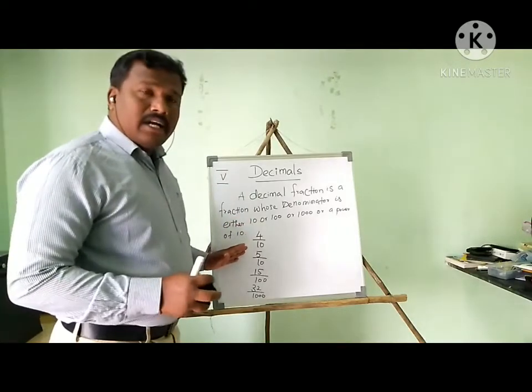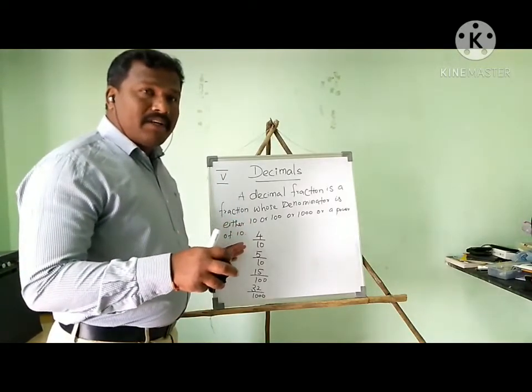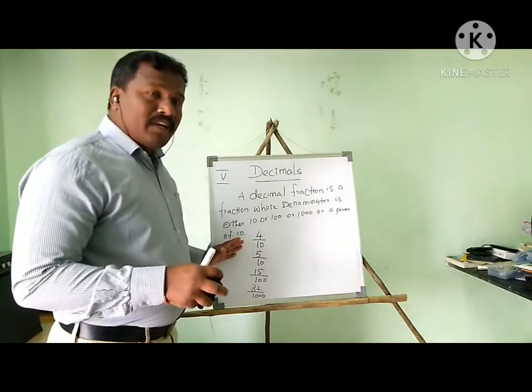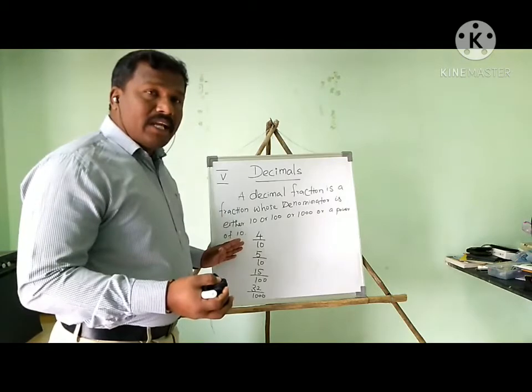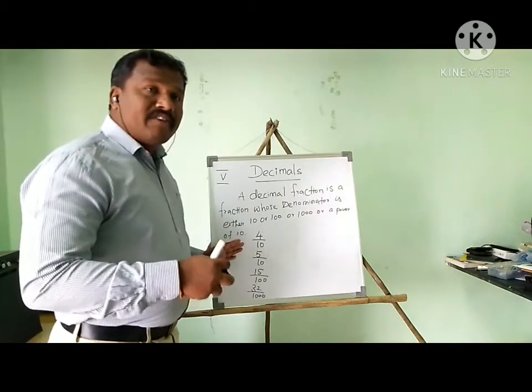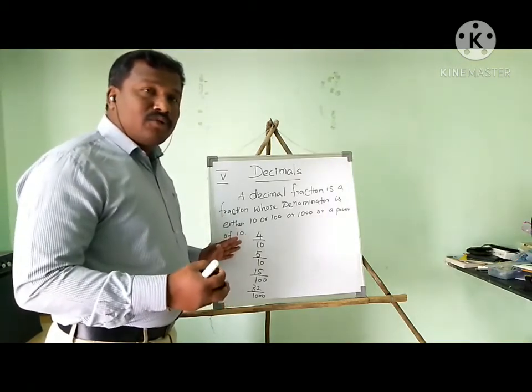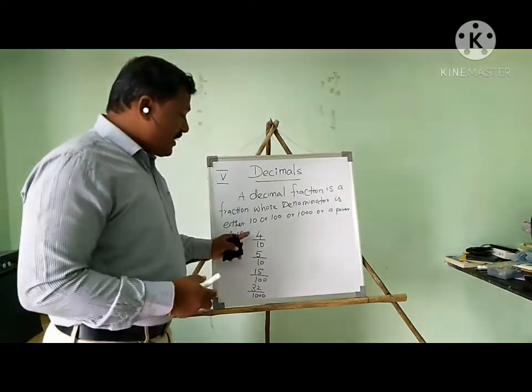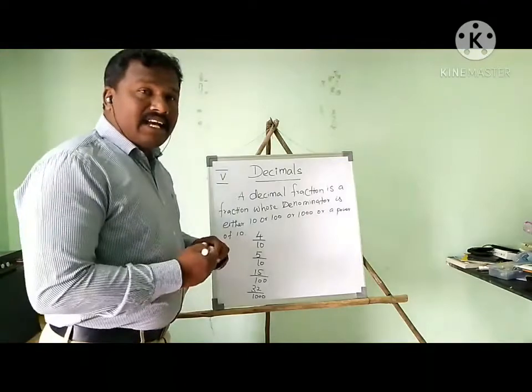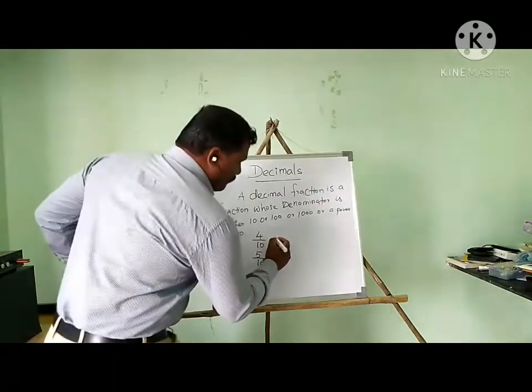Now, I already showed some diagram examples. I have taken that value. We can denote this fraction value in another form. Okay, we can change or show the fraction value in another form. How can we express that form? If you notice this, 4 by 10 we can write as 0.4.